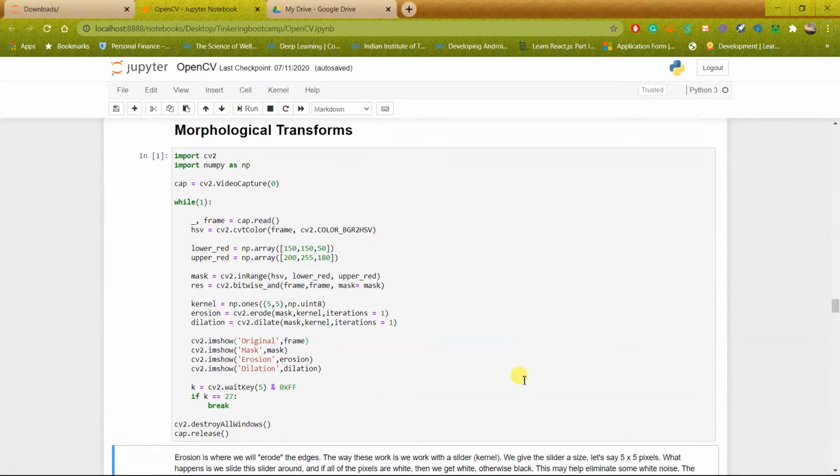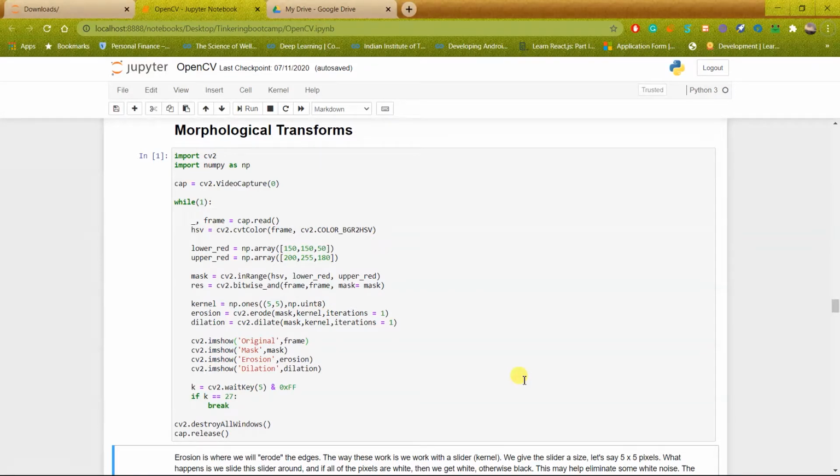The object is red. As we were doing in the color filtering, we were targeting the red color. So the true positives are the ones where the color of the object is red, and the output is given as a white mask. That means that the positive is true, that the output is correct.